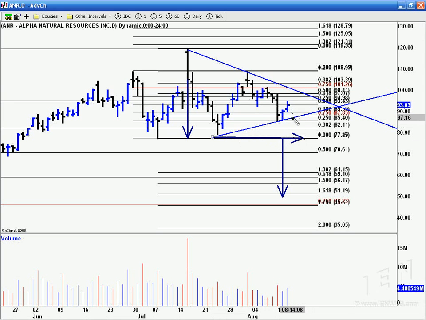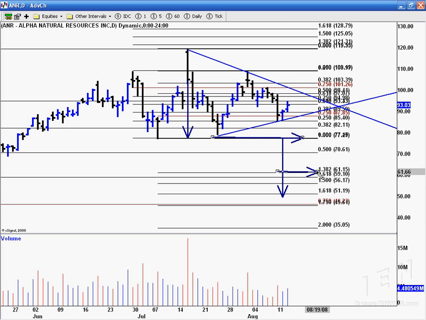So if I really wanted to jump into the trade with multiple contracts, as this client is looking to buy some 90 puts, I would buy multiple contracts, and I would potentially take one or two, or depending upon how many you're buying, take a percentage off when we get down to the 77, 78 range, about 78, expecting that price will then retrace back up to around 85 or so, and then I would expect it to continue downwards, and I would probably want to take some more profit off at the